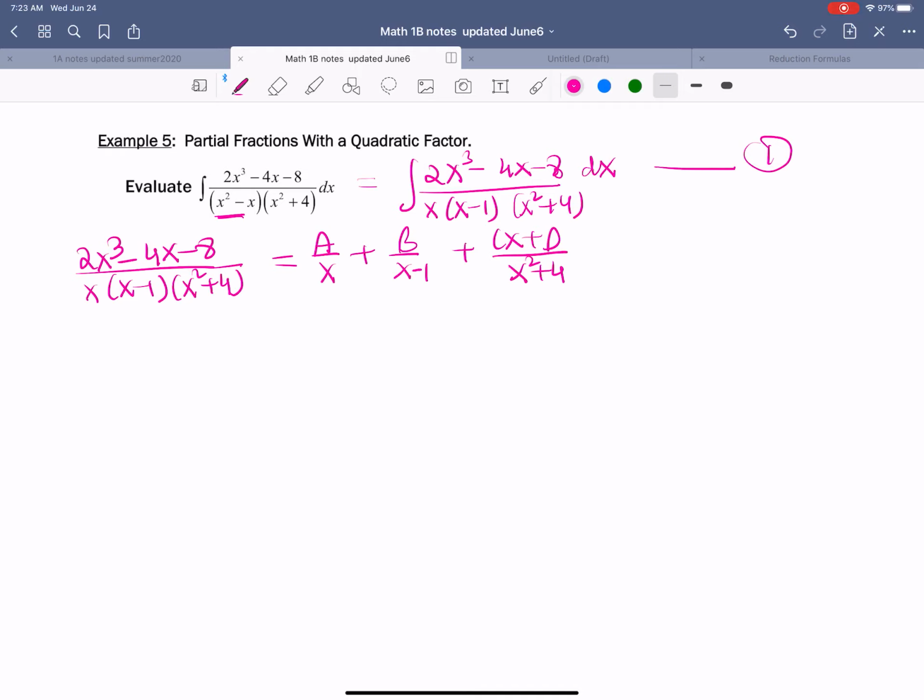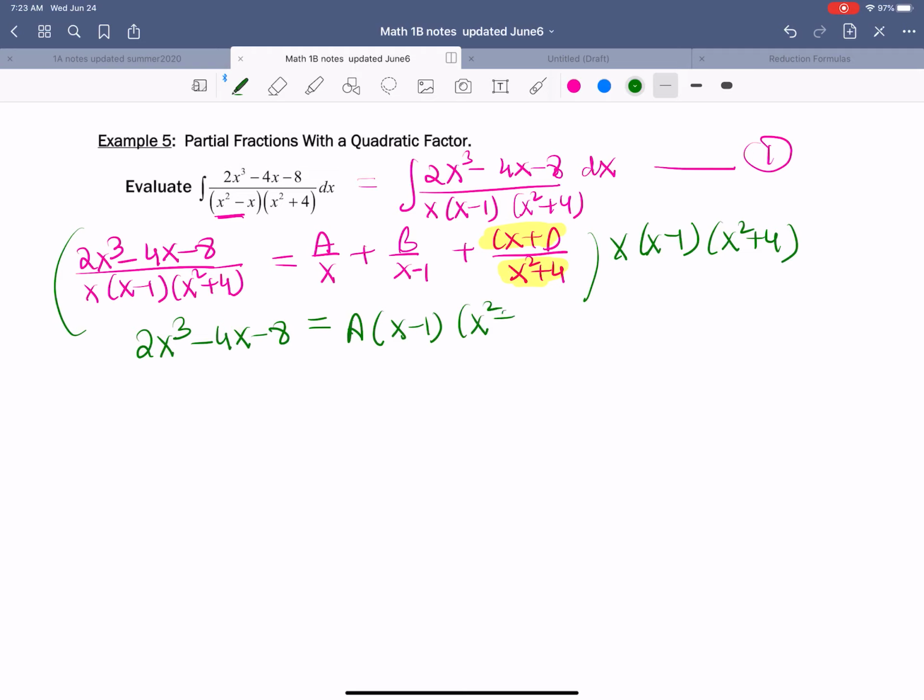Okay, now let's go ahead and multiply both sides with the entire denominator, x times x minus 1 times x squared plus 4. Why are we using cx plus d? Because we have a quadratic factor. Left hand side turned out to be 2x cubed minus 4x minus 8. Right side is a times x minus 1, x squared plus 4, plus b times x squared plus 4, plus c times